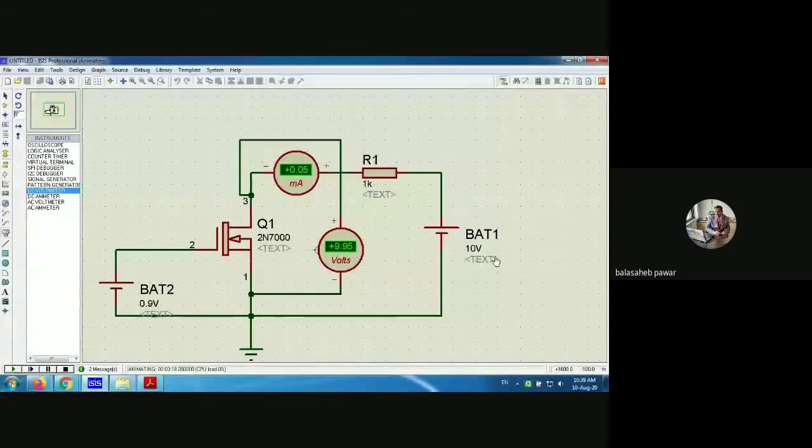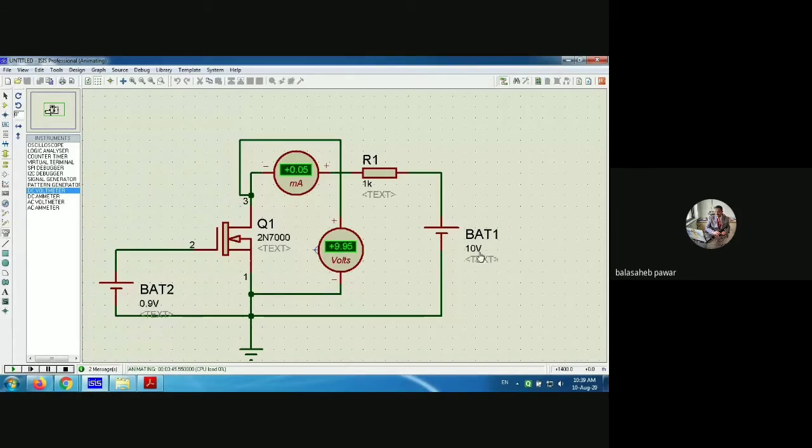The applied voltage is 10 volts, and you will observe the voltage measured when the transistor has just slightly turned on is 9.95 volts. You just prepare the third column also. That third column will be for VDS. So between 0 to 0.8 of input voltage, first column 0 to 0.8, second column remains throughout 0, and what you will write in the third column between 0 to 0.8 will be 10 volts, that is the input voltage.